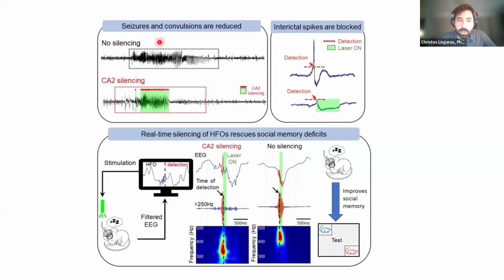And also we looked at seizures. We could shorten seizures. We could reduce the interictal spikes by doing closed loop optogenetics. And this is the HFO effect. So if you would like to learn more, you can take a look at the bioRxiv